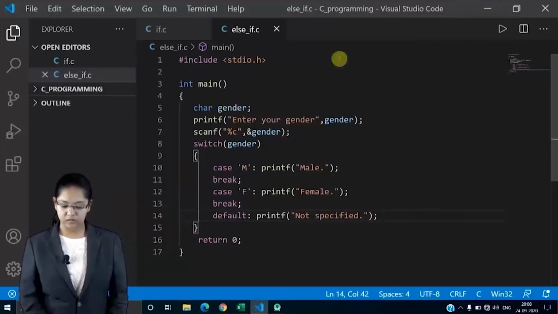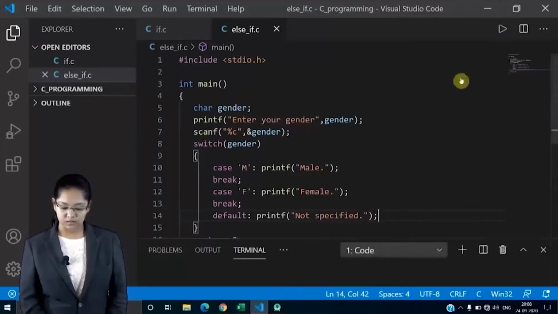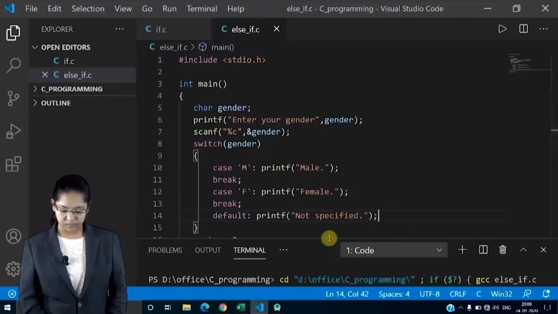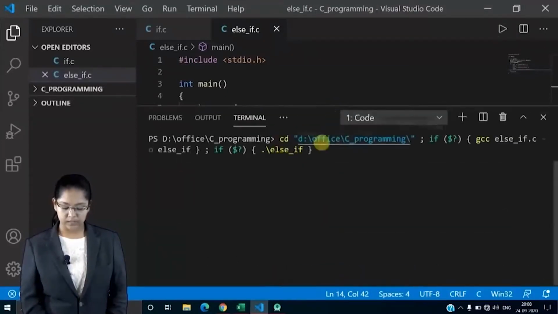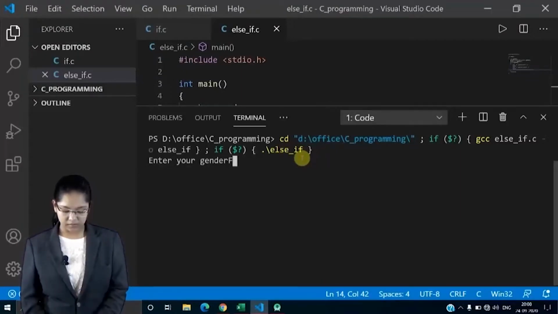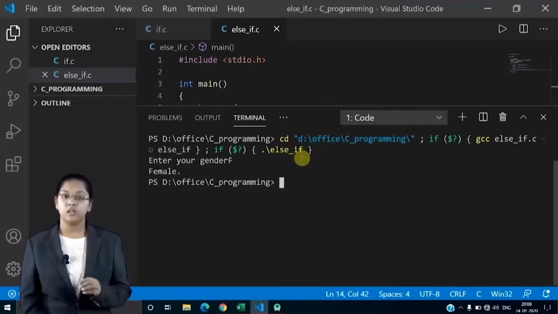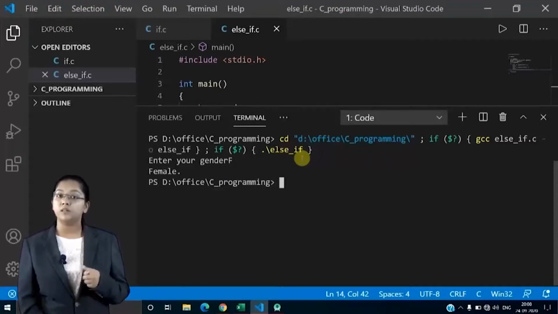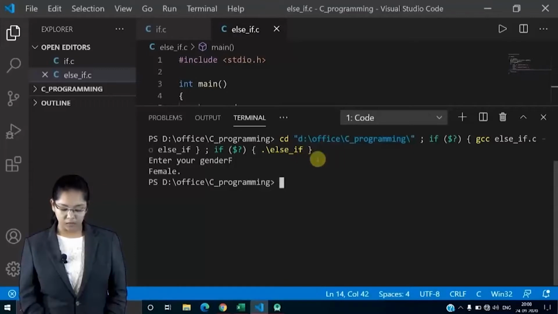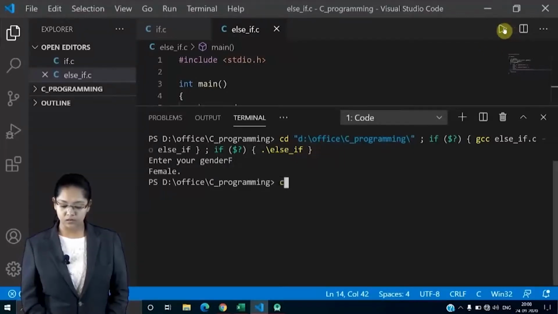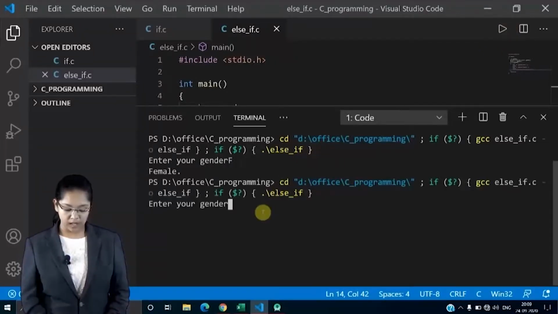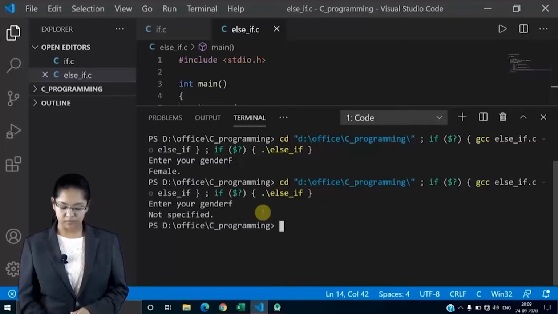So save this code and let's run this. See, enter your gender. I will write F. It will give me female because I have given capital F over there. Now again let's run this code. Now I am giving small f.